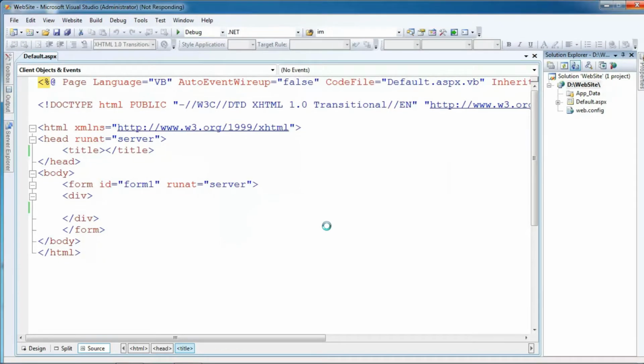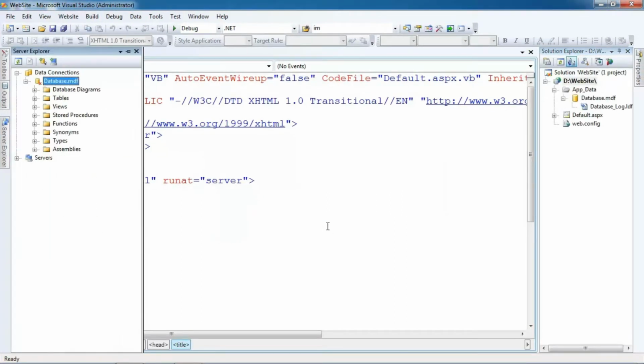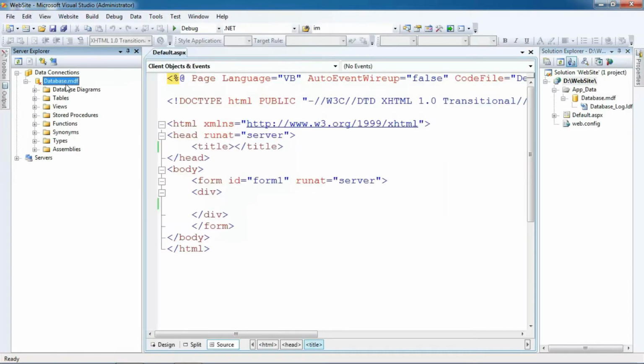Database creation as well as table creation is done using the UI. As you can see in Server Explorer, we have already created database.mdf, and it shows a cancel or disconnected mark. So I'll refresh this. As soon as we refresh, it will be connected, or you can say active. So these are the steps through which you can create a database in ASP.NET.